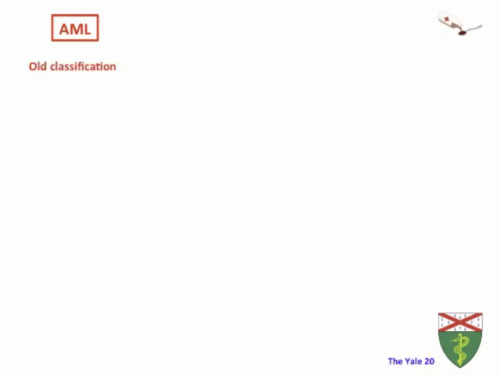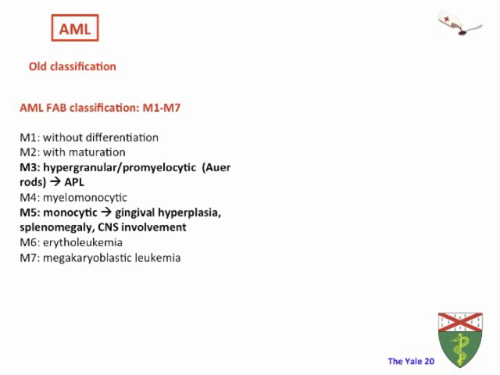There's an old classification that you will find mostly in your textbooks, and still a lot of older leukemia doctors use this classification. It's called the French-American-British classification, or FAB classification, and it's mainly a morphological classification. So it looks at how the cells look and classifies the different leukemic subtypes based on the morphology of those cells. It has 7 different types, and they go from M1 to M7. M1 is least differentiated, and while walking down to M7, cells get more differentiated. So M1 without any differentiation, M2 has some maturation,